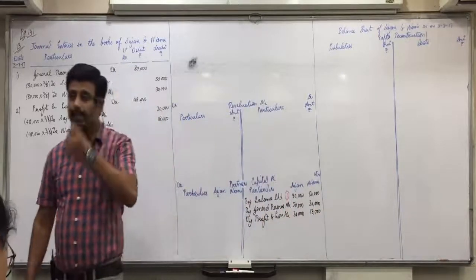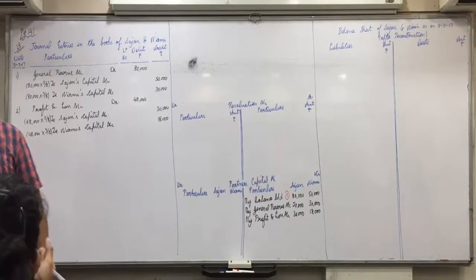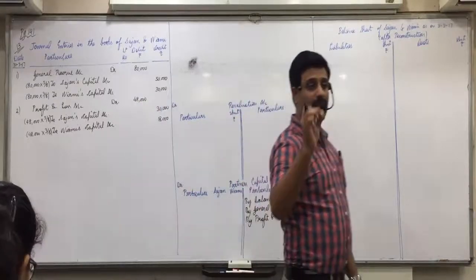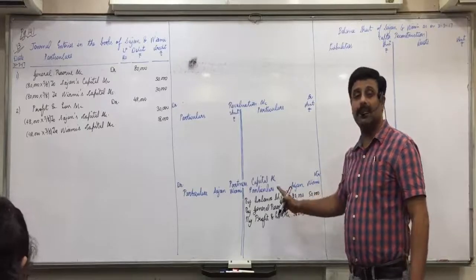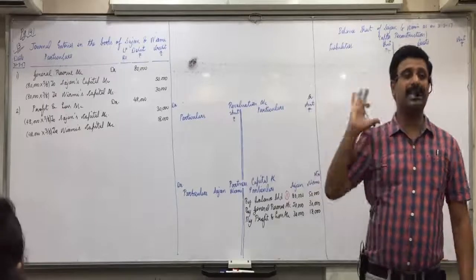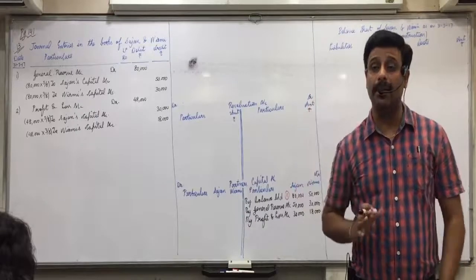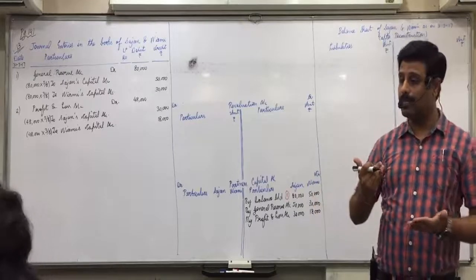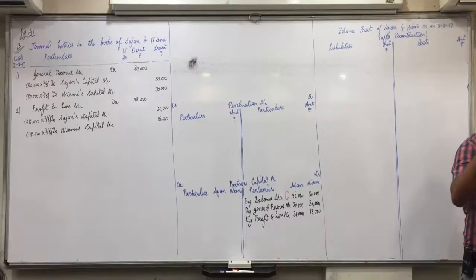Any confusion in this? The other effect is profit and loss account gets closed. So only one effect will be visible. Understood this? So this is the second step. First step, second step, distribution of reserves and fictitious assets. Third step, below the balance sheet, all the adjustments of revaluation will be done. Now this we are doing today for the first time, so I'll explain it to you thoroughly, and tomorrow I'll ask you. So understand it properly. Third step, below the balance sheet, we'll do adjustments of revaluation.